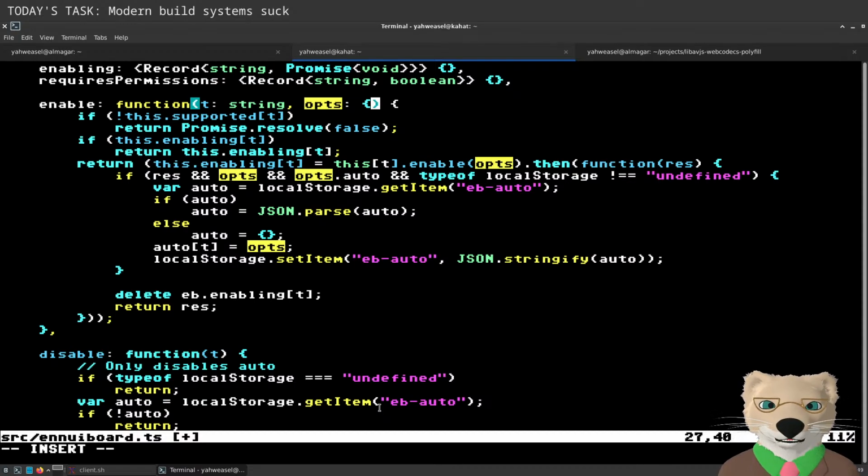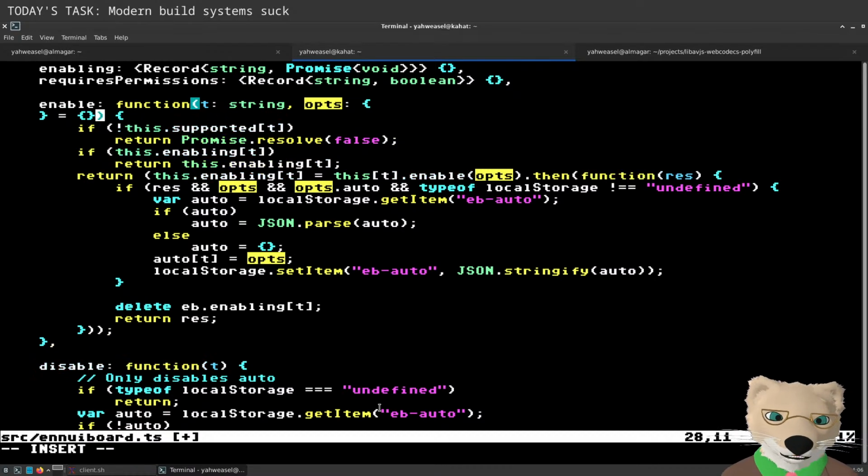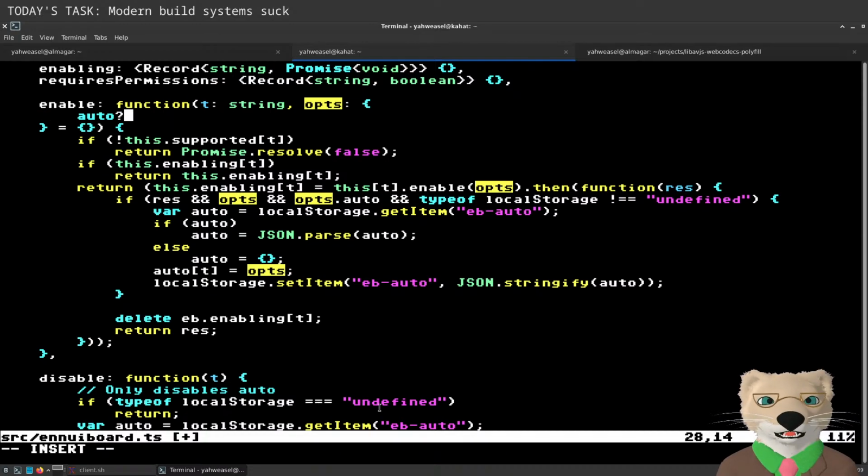So options, auto. I don't know what auto means. It's been so long since I've written this code. It's clearly a Boolean.